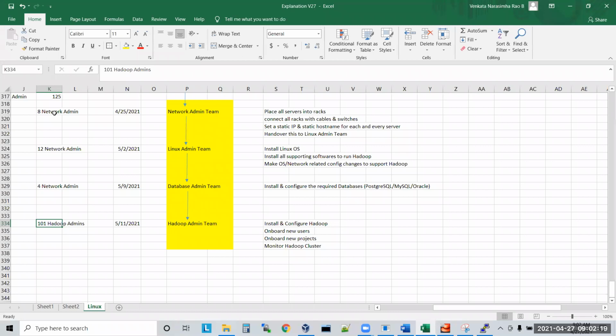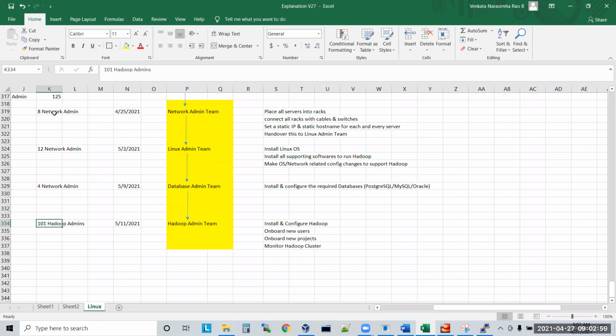Yes, sir. So tomorrow there is a company, they shortlisted you, and you are the only person in the team. Then you should take care of the network admin part, the Linux admin part, the database admin part, and the Hadoop admin part. It means you are husband, wife, son, father, mother, everything. We don't have separate roles like Linux admin and network admin. So having knowledge of each and every thing is very, very important, guys.